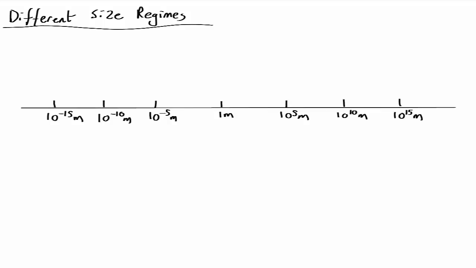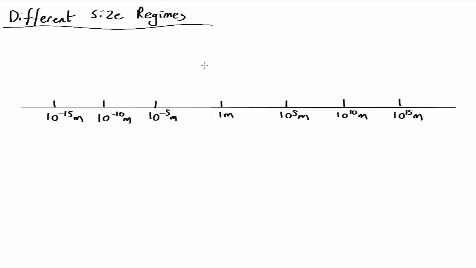So putting all the physics together, we can divide the world up into different size regimes. These are different rough sizes where different bits of physics apply. Now, the laws of physics apply to all scales, every law of physics, and the boundaries are not hard and fast. This is simply a guideline for what sort of physics are probably going to be most important for typical things travelling at those sort of sizes.